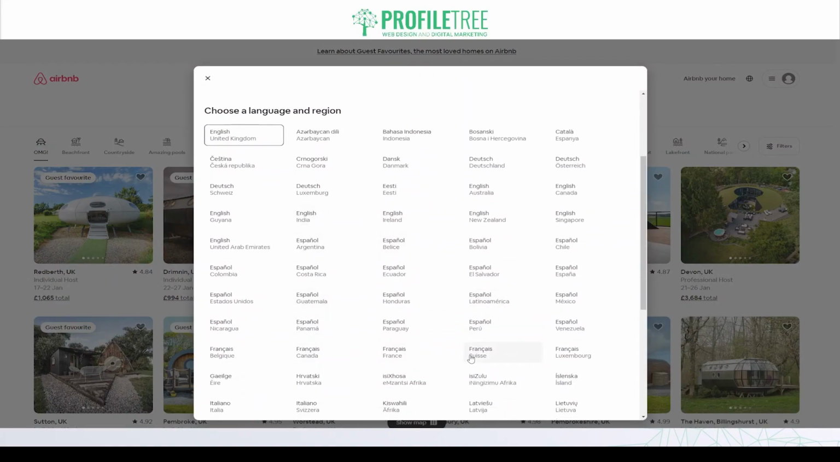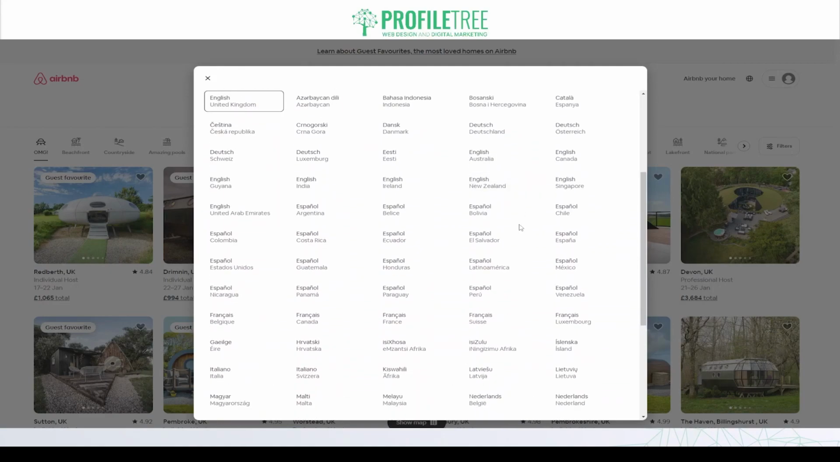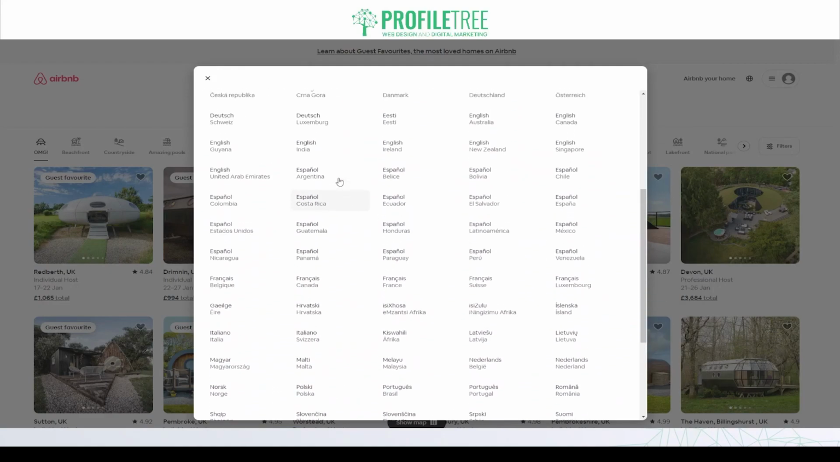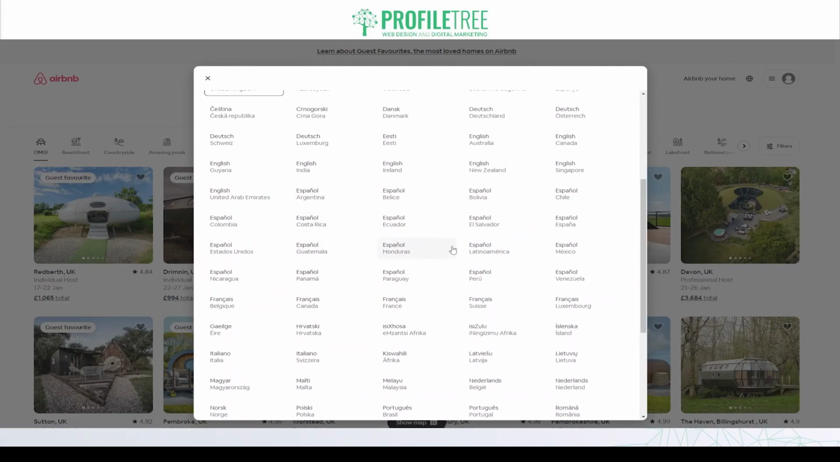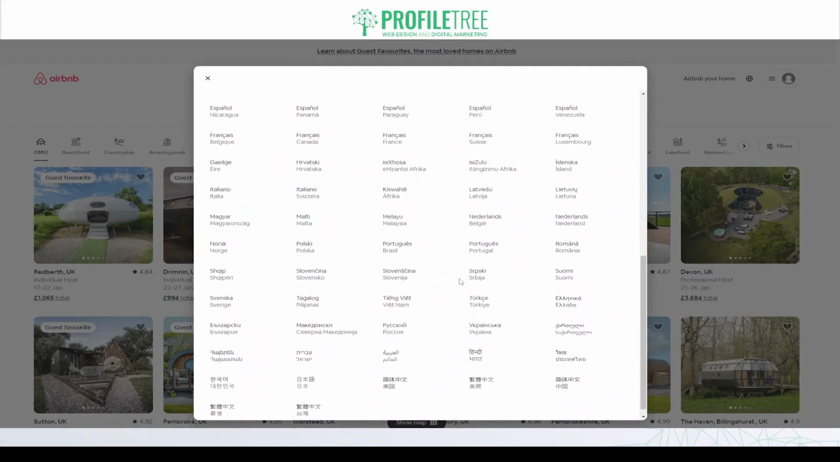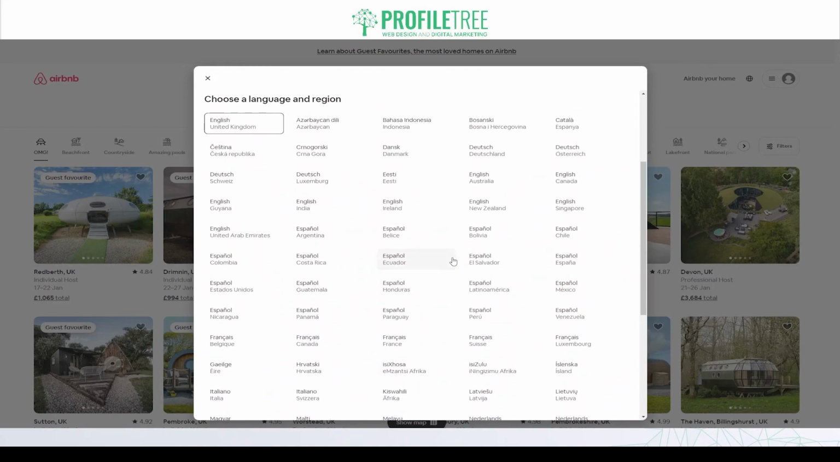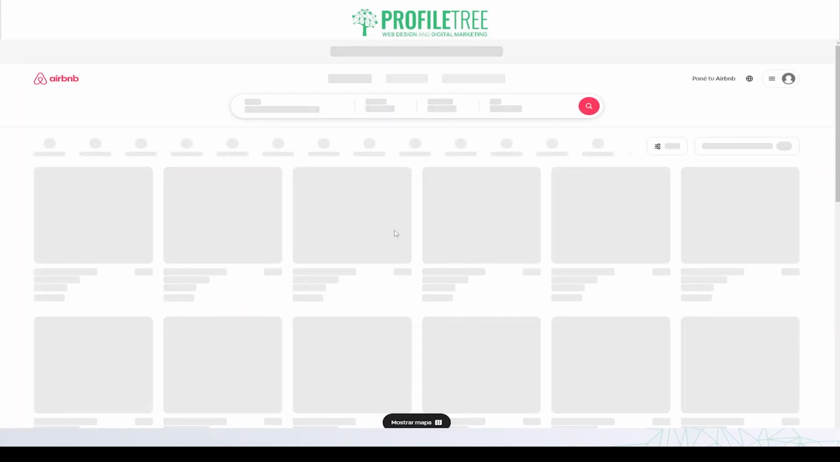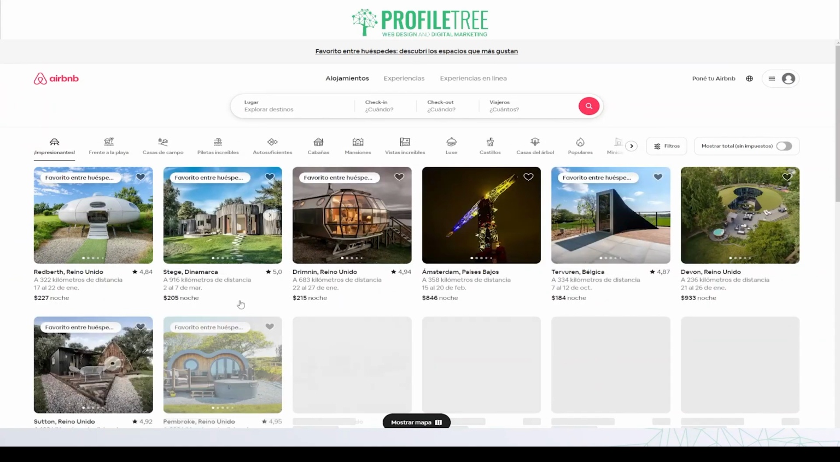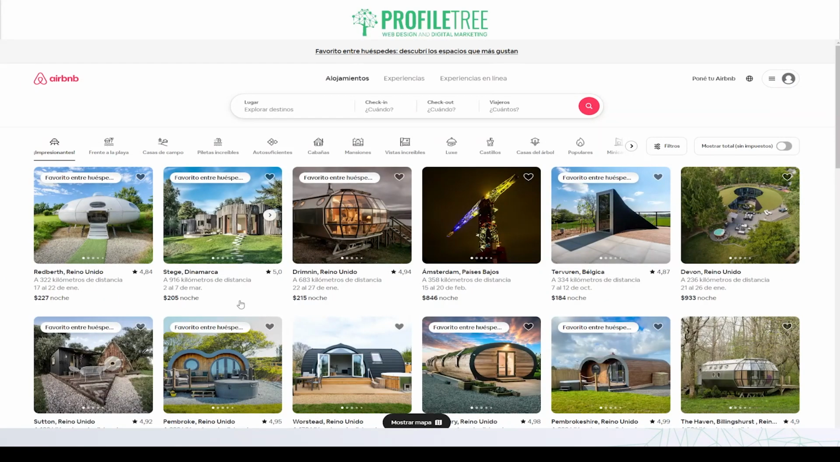So for example, if you want to see listings in Spanish, not only do we have a generic sort of Spanish language option, we do have it with a specific region. So for example, Spanish, Costa Rica, Guatemala, things like that. Same with most other languages as well. We can pick specifically between the actual region and the language as well. So for example, if you click on Spanish Argentina, you can see that it's now been translated quite easily